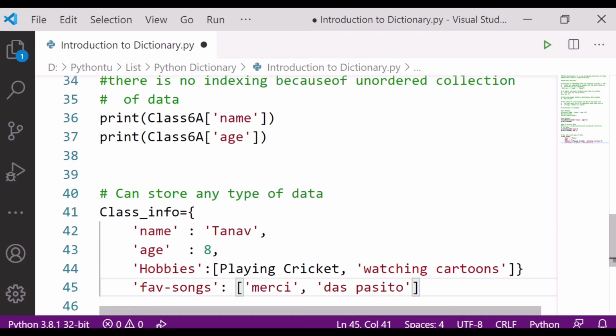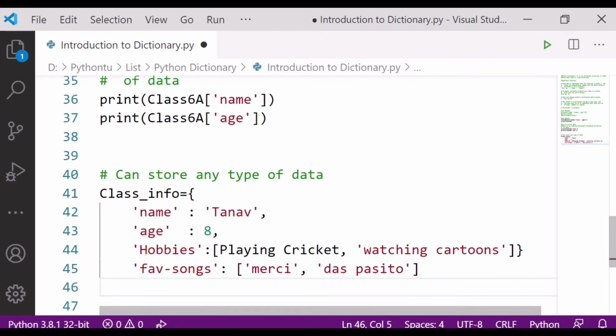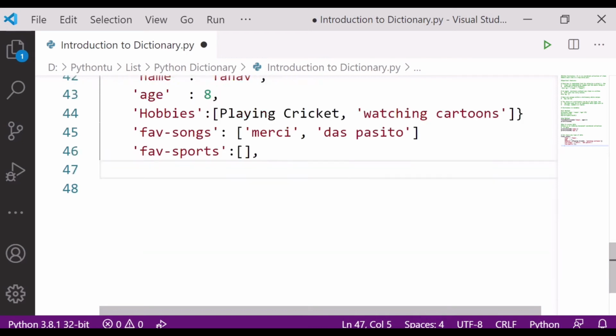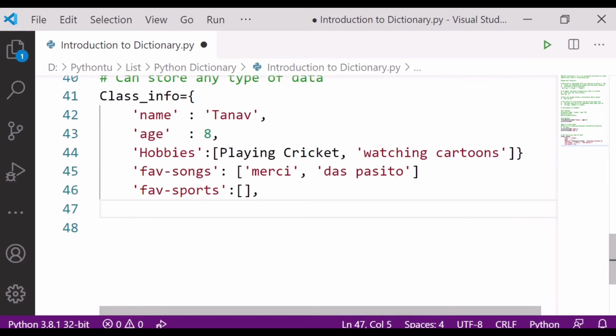I have created one dictionary. Another one, if I write here, favorite sports. Now I want to create here empty. So I'm not writing anything over here. Clear? After that, I'm closing this. That is, I think, already closed. This I have to delete here.